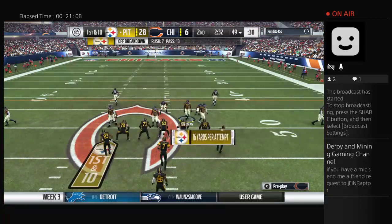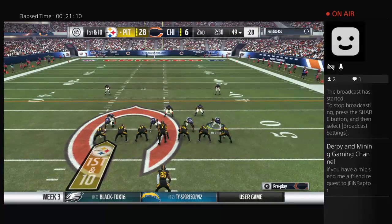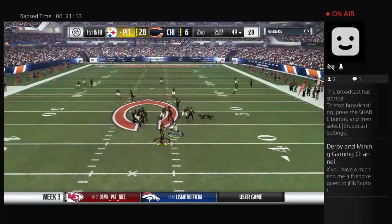Boy, a tough start for the secondary defensively. It is, and it's got to put a dent in their confidence. And, you know, you always want to keep that up and feel...